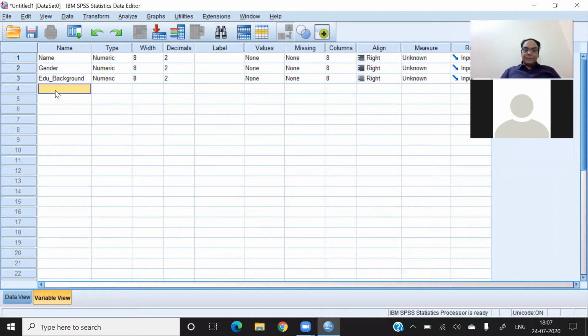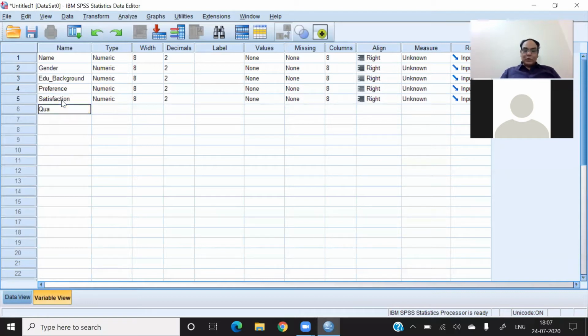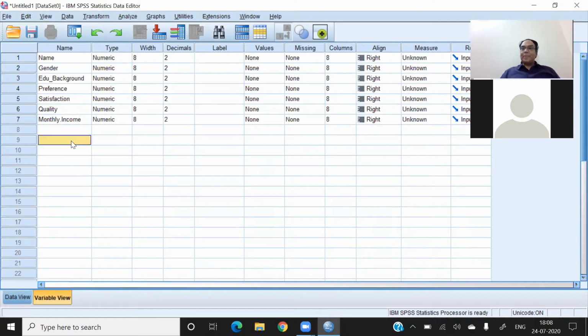Then I want to create the preferences of the customer, and then I want to analyze the satisfaction. Then I want to analyze the quality. Then I want to create the variable called monthly income. Monthly. Now I'm putting the dot income. So these are the different ways which can be used for creating the variables.